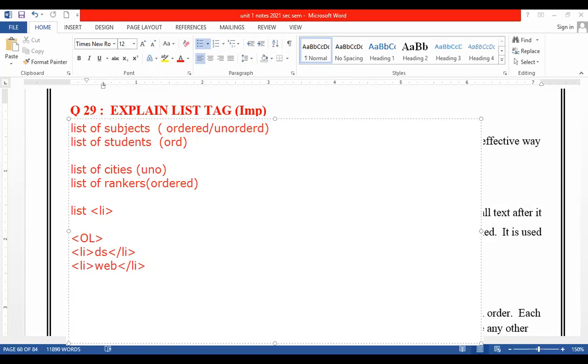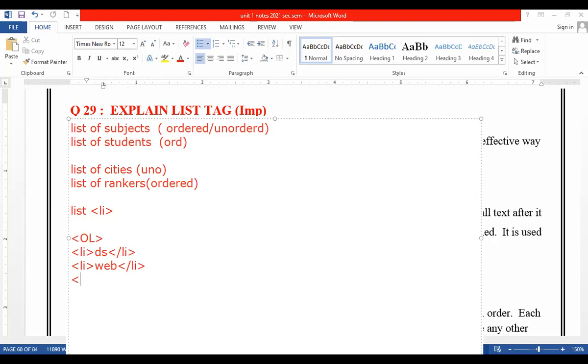Every list item you're going to take should come inside the LI tag, okay? Whatever list item I take should come into LI. If it is an ordered list, it should come into OL. If it is an unordered list, it should come into UL, right? After entering every list item, you close that main OL tag. Remember one thing, keep a habit of using small case letters only, right? Then close that OL tag.